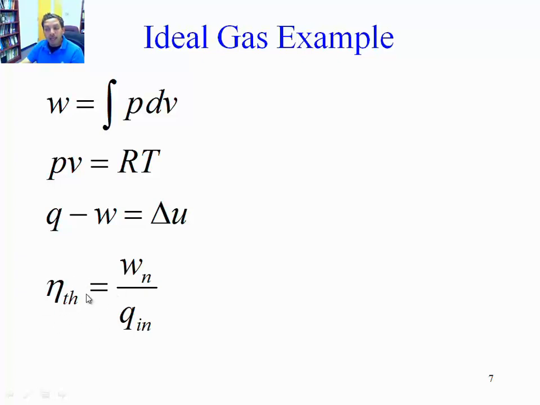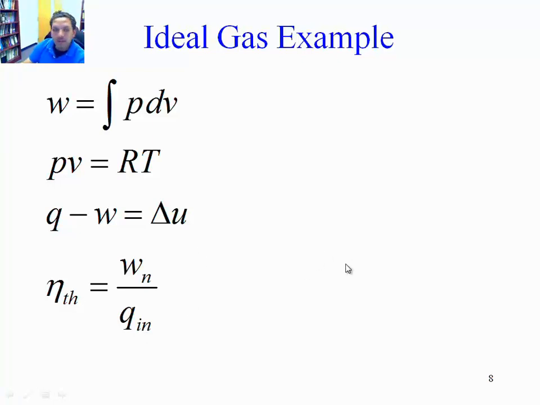And the thermodynamic efficiency or thermal efficiency of a power cycle is the amount of net work being produced in the cycle, Wn, divided by the amount of heat that we put in. Not the net amount of heat, but only the positive amount of heat. Because throughout these processes, there's some heat that is being put in and then some heat that's being rejected, some waste heat. We don't take that into account when calculating the efficiency. It's only what you obtain out of the cycle, which is the net amount of work, divided by what you put into the cycle in order to produce that work. And the cost of producing work, in this case, is the cost of fuel or whatever it is, Qn.